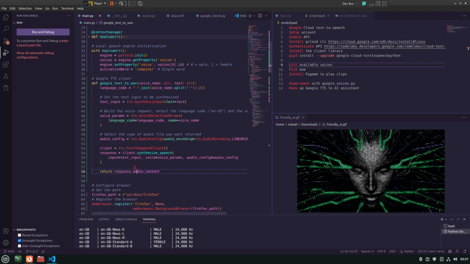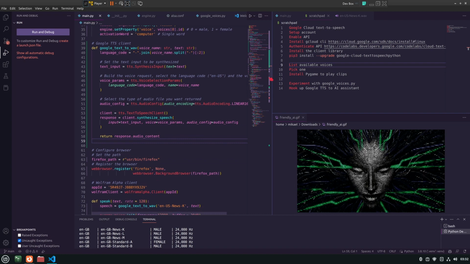So you do need to be connected to the internet, to be clear. And we get this audio object back, where we then return from this method the audio content of that response. So what we get out of here is this WAV file, basically, this audio content with a WAV header. So that's the kind of meaty bit of